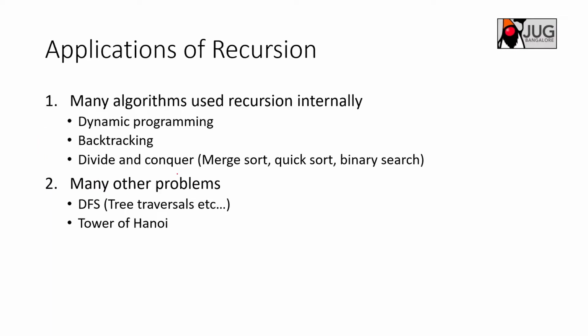So this is what recursion is. What are the applications of recursion? Many algorithms use recursion internally, for example dynamic programming, backtracking, and divide and conquer. For example, we saw merge sort and quicksort, where the array is divided further into two halves. In quicksort we do partition, basically dividing the array into two sub parts. In merge sort we divide into two equal halves, but in quicksort it is based on the pivot element. The array is divided, and then you call quicksort again on those divided arrays, so you are calling recursion on a smaller set of the problem.